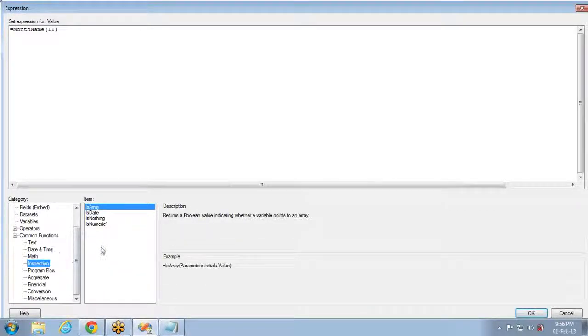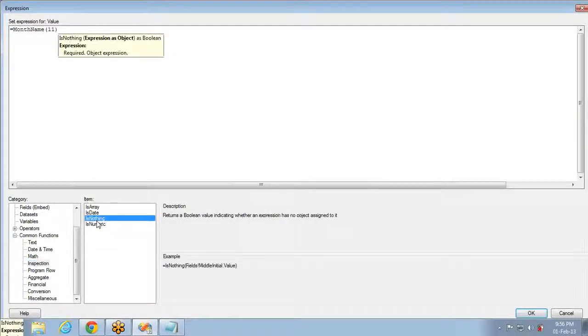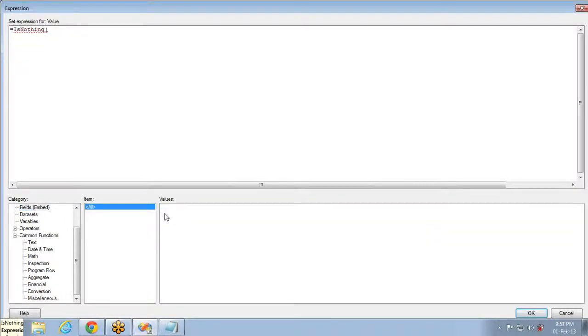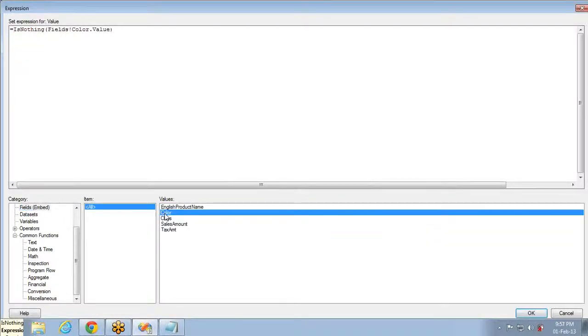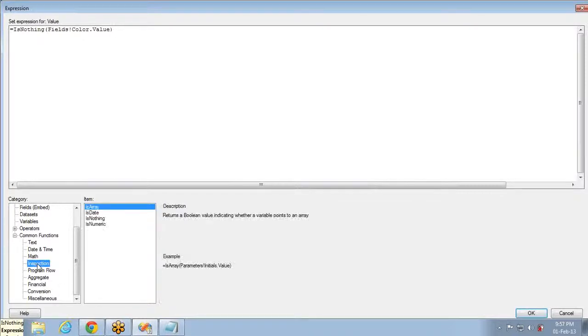And inspection will help you in checking is nothing, is array. For example, if you are getting a null value and you want to show 0 instead of null, then you can use is nothing. Is nothing of any particular column, for example, color. So like this, you can use is nothing or inspection operators. In the same way, is numeric.